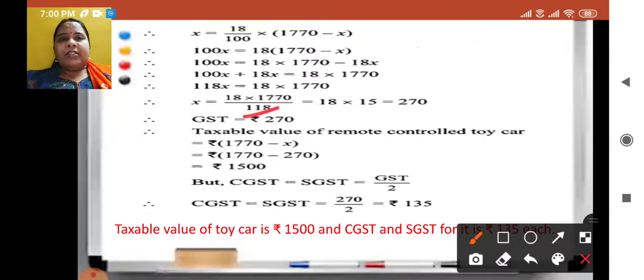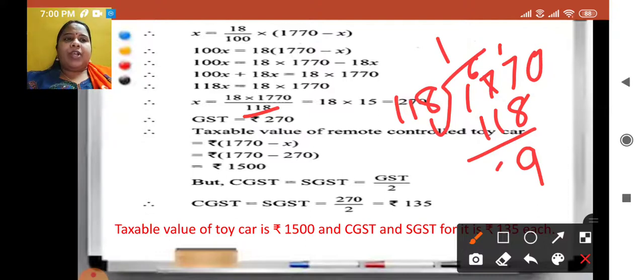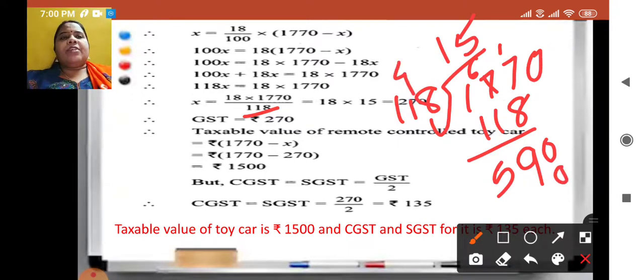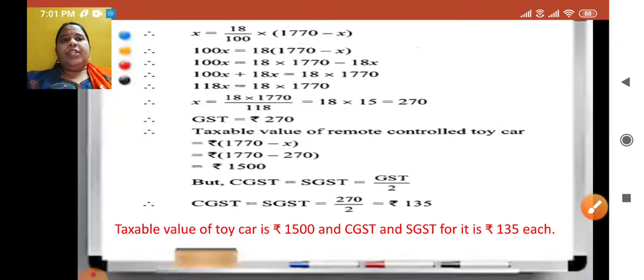Okay. Now when I cancel this, just divide it here. 118, what I have to divide? 1770. So if I take 1s are 118. What will get? 7 minus 8. So this will become 6. This is 17. 17 minus 8 is nothing but 9. 6 minus 1 is 5. And this is 0. When you multiply by 5, just see, 8 5s are 40. Carry up 4. 5 1s are 5 and 1, 9. And 5 1s are 5. So it's getting divided. What is the quotient? 15. So that is the reason 15 is written here. So we are getting it as 18 into 15, that is 270.